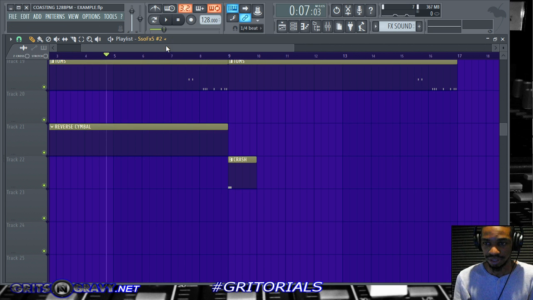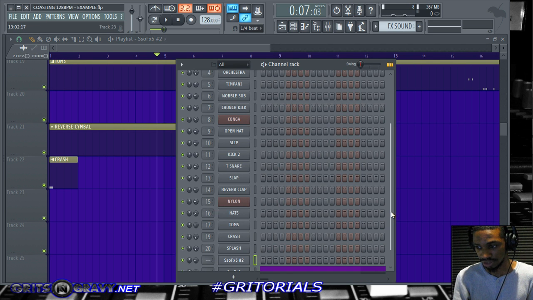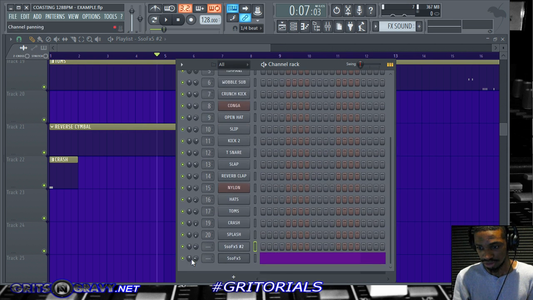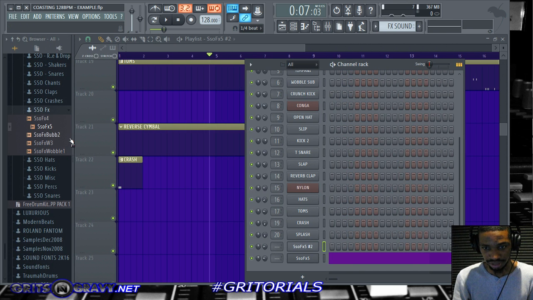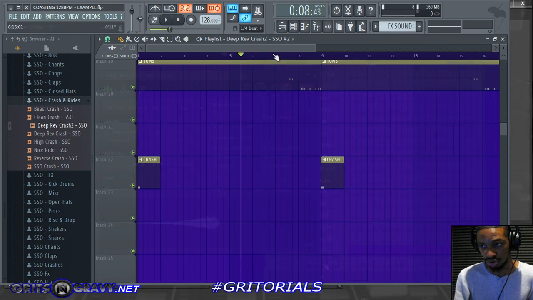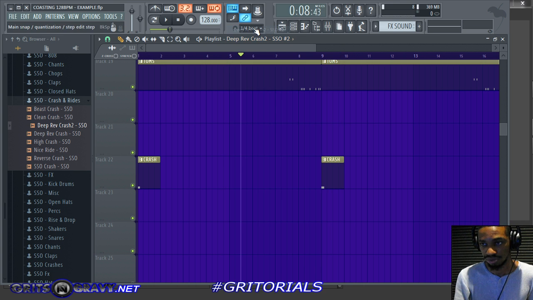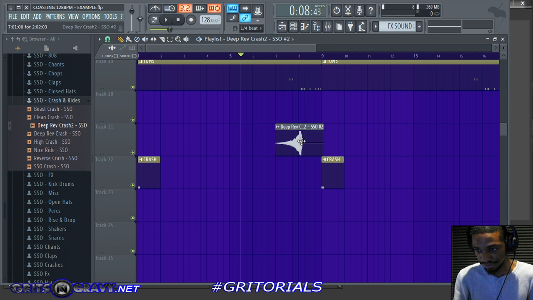Now let me show you one more thing that you can do, like a bonus tip. If you use reverse cymbals a lot, the same technique applies. So let's go back to that same kit. The normal way would be to just throw it in there, but since we're working with an audio clip, we can do a little bit more with it. So excuse me, I'm gonna throw it in there,